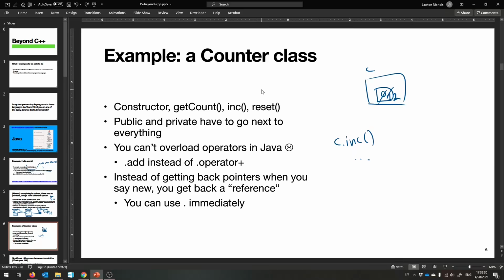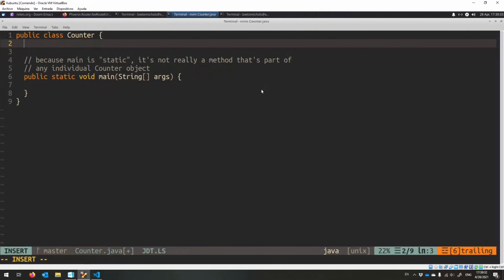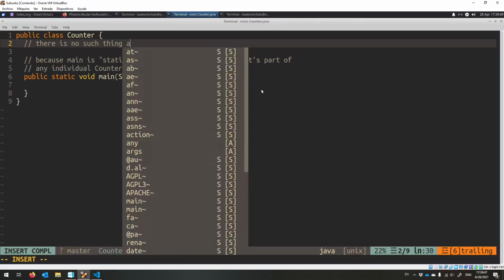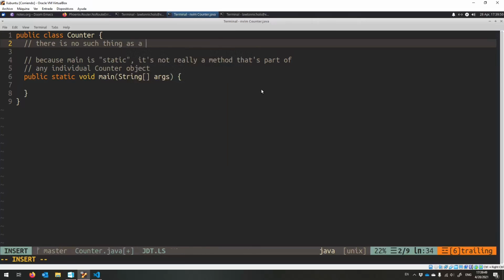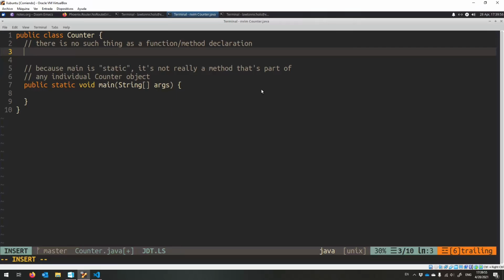So a constructor is essentially the same as in C++, though there's no declaration and definition. It's just all in one. You've got to define it. There's no separate thing. There's no such thing in Java as a function or method declaration. You just start right in the body. So the constructor